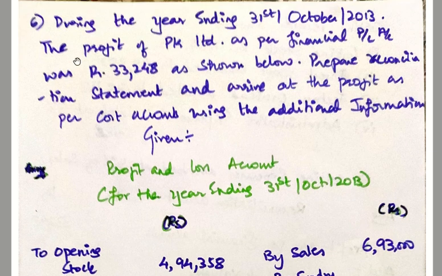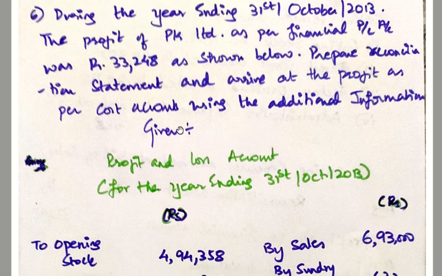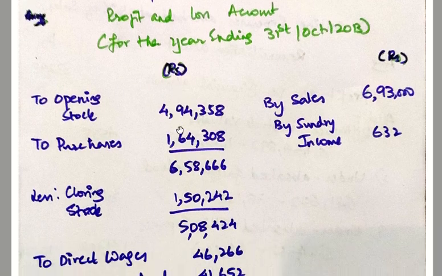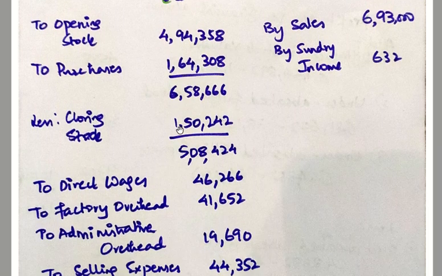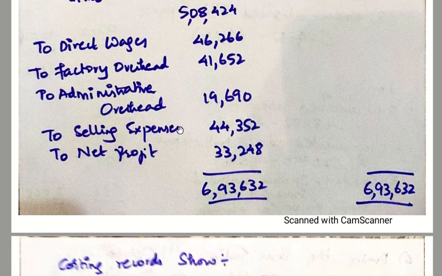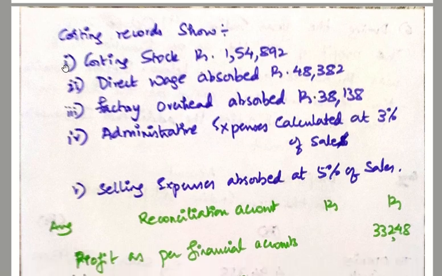During the year ending 31st October 2013, the profit of PK Limited as per financial profit and loss account was 33,248, and as shown below. Prepare reconciliation statement and arrive at a profit as per cost accounts using additional information given. So they have given the profit and loss account in the question itself, which they are showing for the financial accounts. Okay, and they are telling costing records show closing stock of rupees